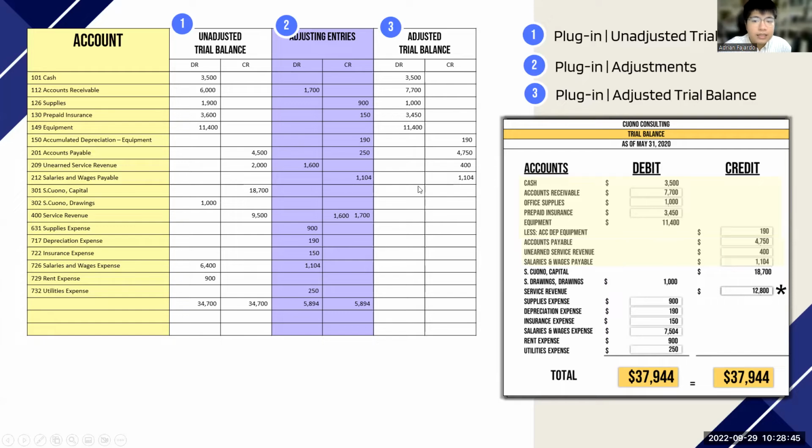And then basically salaries and wages payable, we just reflected the accrued expense here, right? And then we basically just plug in our equity accounts, capital and drawings. And then finally, our income statement accounts. So our revenues all the way to our expenses, right? So ultimately, when we add